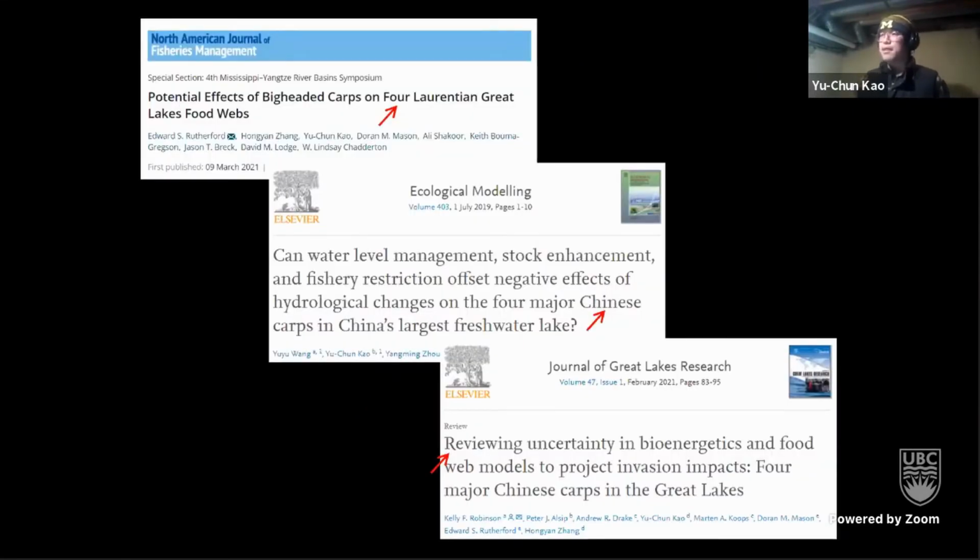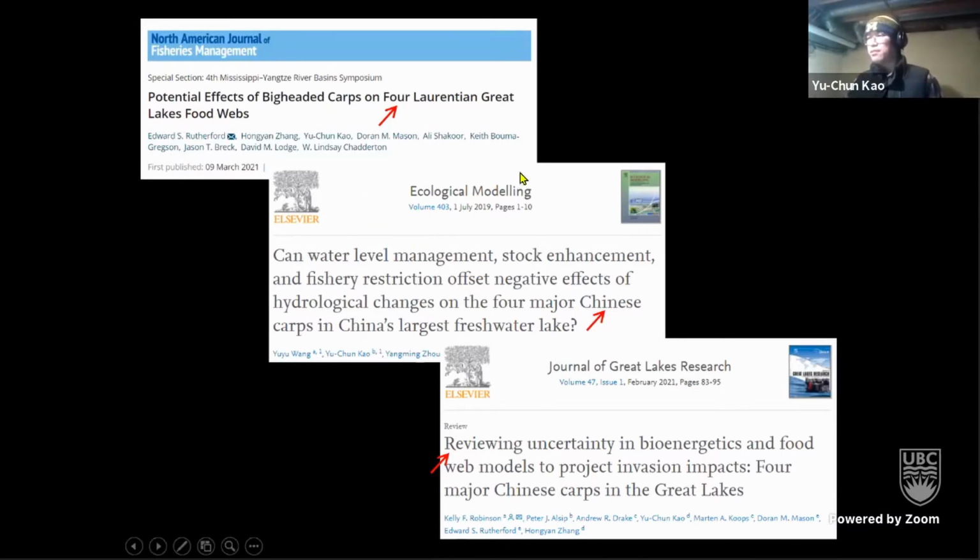And here are some of our highlights. I want to say we have gone a long way. This paper was just published 2 days ago. So I think maybe it was just after I finished the slide I sent to Philip. This is a cross-lake comparison. We compared effects of Asian carp invasion in 4 Great Lakes food webs with 4 Ecopath with Ecosim models.